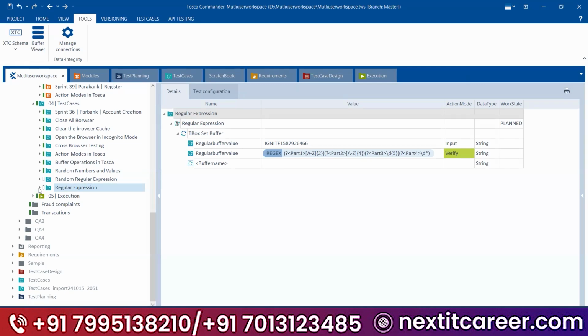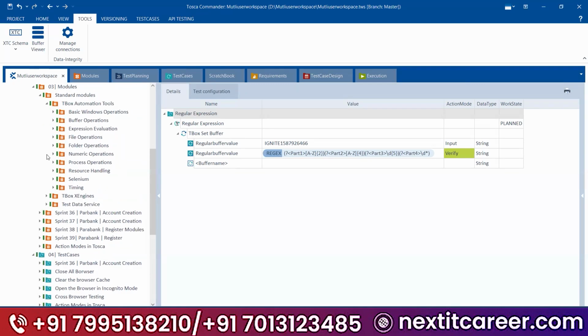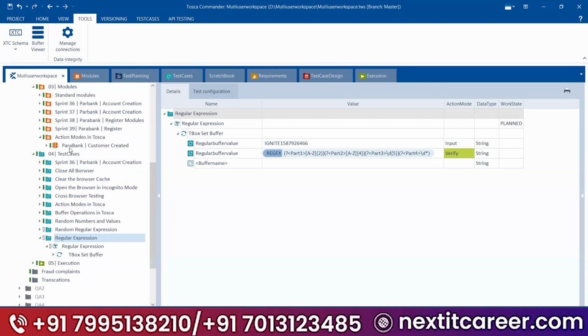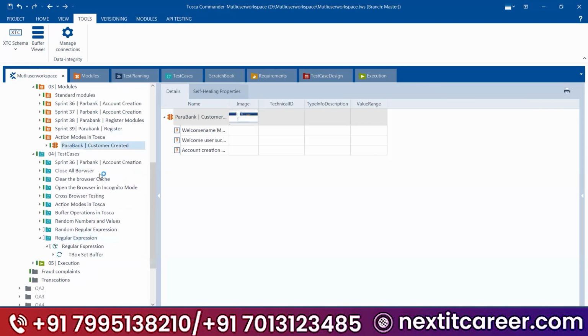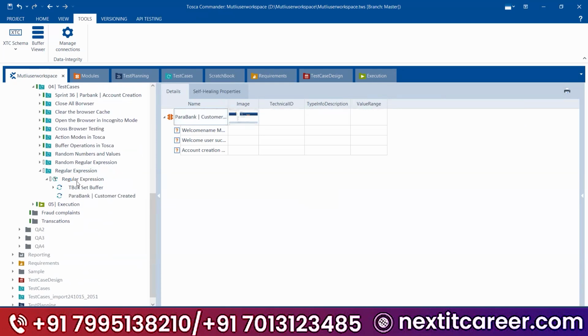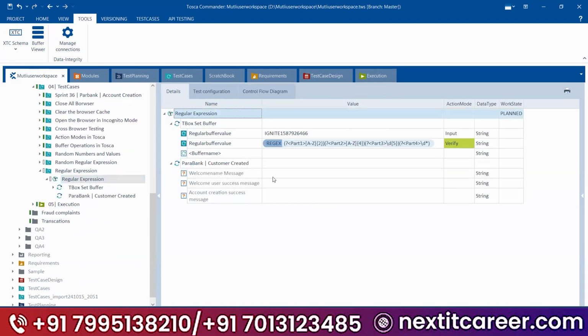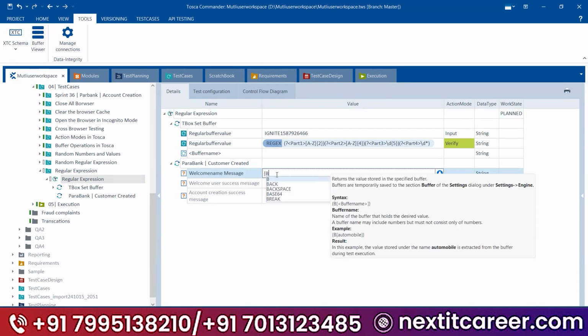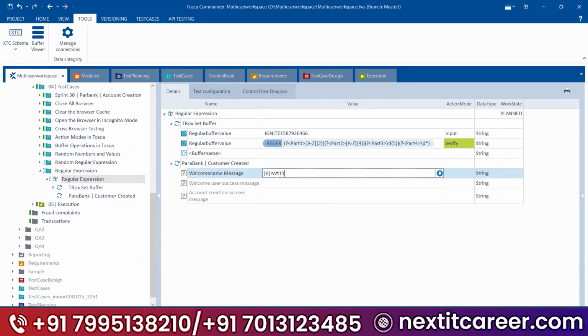Now I want to use it in the web application, on the front end application. For example, I want to pass these three buffers in this message. Then what you will do is come here and pass part one here: curly bracket, capital B, open bracket, part one, close bracket and close curly bracket.